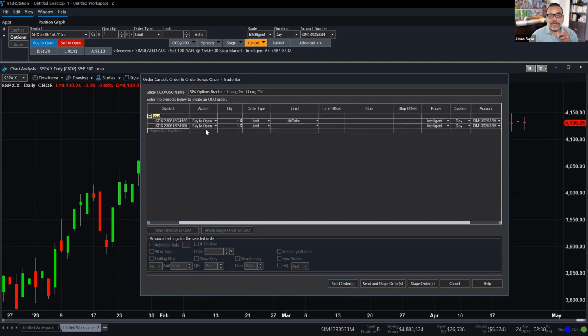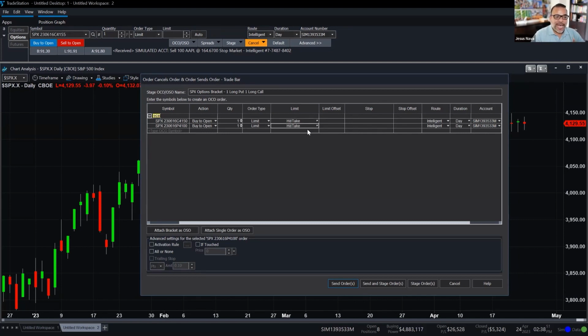There we go. Buy to open. I want you to notice what just happened. As soon as I entered another symbol, I have this little yellow box that says OCO. So since I'm in an OCO type of dialogue, any symbol that I add here is going to be added to the OCO. So I'm creating just a two symbol OCO, but you can create multiple symbols connected in this OCO so that if one gets filled, the other side gets canceled. This is also buy to open, one contract. It's going to be limit, and it's going to be a hit and take. All right. Remember, the hit take is the type of functionality that crosses the market at the time of